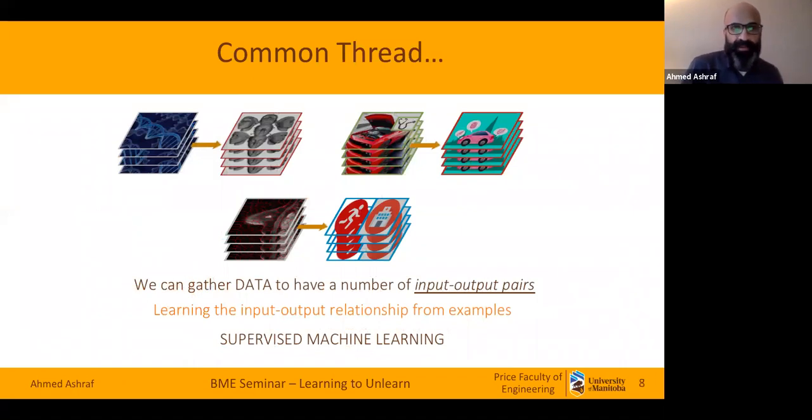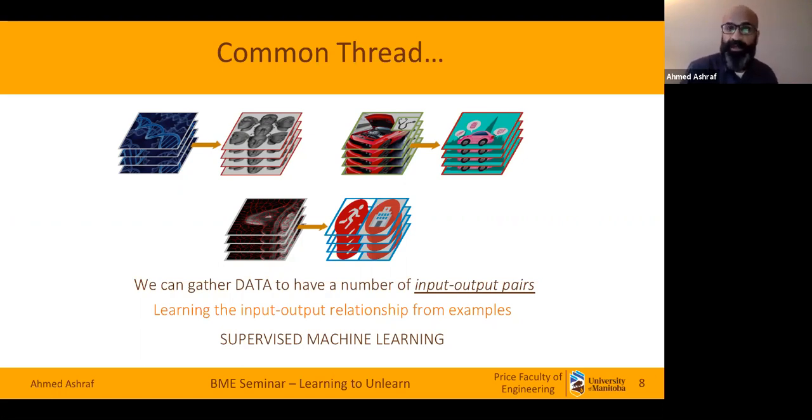The second common thread is that we can actually collect data, which means that we can have lots of input-output pairs. For instance, we can have lots of examples. We can recruit a group of people, collect their blood samples, sequence their DNA, and of course, take their picture as well. And we can do this for 1,000 people, 10,000 people. So we'll have input-output pairs. Again, you can record the car engine sound yourself, ask your friends, and collect multiple samples, and then wait for however many months that you want to wait, maybe 6 months,